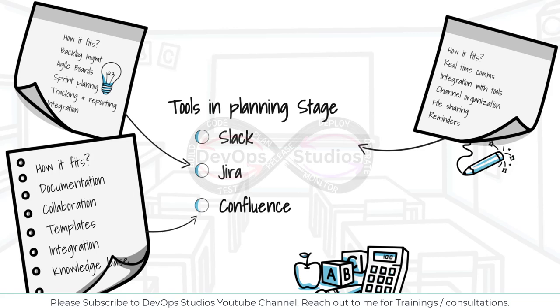And finally, the knowledge base. When I say knowledge base, they are like a searchable knowledge base. We can quickly search for relevant documentation and past discussions. For example, we can look up previous sprint reviews or archived project plans, or any other documents which someone has created. We can just search, like how we can search in Google. So we can just type any keywords, and it will bring up all the documents